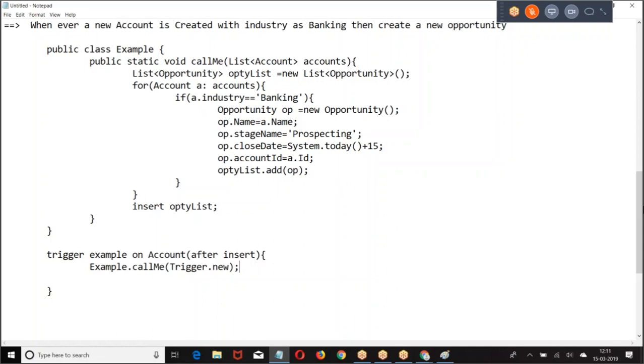Hello. Yes. Satish, can you please explain once again why we don't use DML operations in loops? Please. Now, within a method, the maximum number of DMLs we can perform is 150.